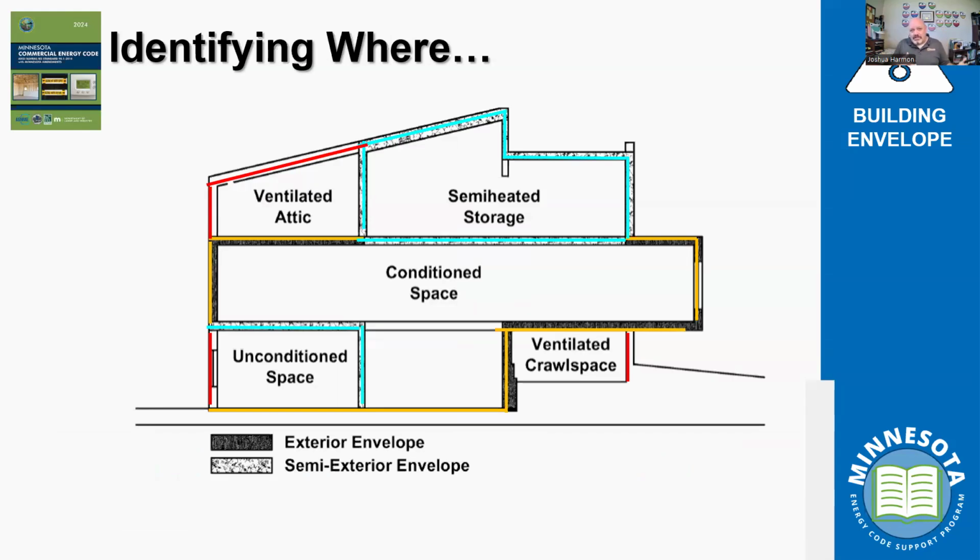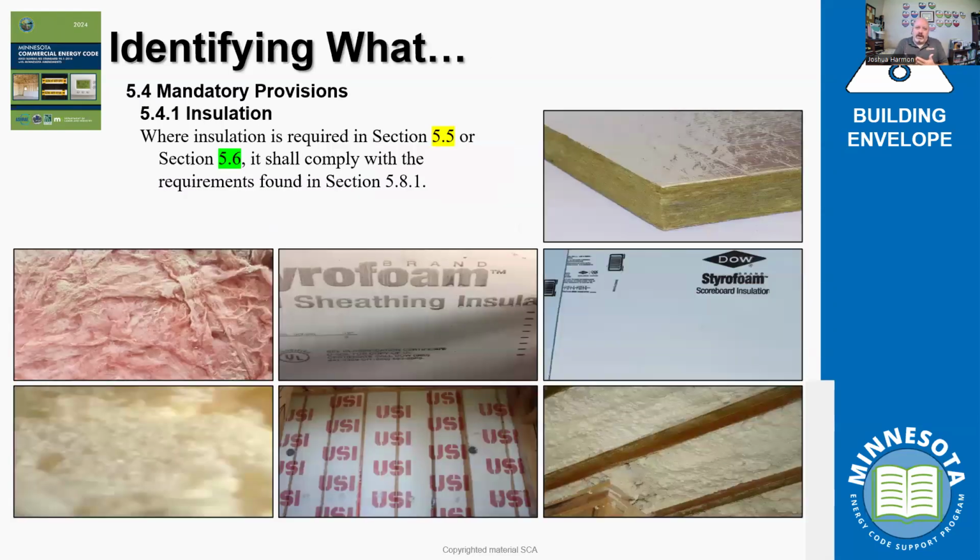I need to know what's going to be part of the envelope in order to know how far I need to go when it comes to, maybe potentially, air leakage testing, or what fenestration is part of this system and what is not, right? But beyond identifying the where, we identify the what, right? Are we following insulation expectations associated with the traditional prescriptive compliance of 5.5, right? Tell me it's in a table, this is what I'm putting in. Or are we going to that next level of 5.6 where we do this area weighted average, right?